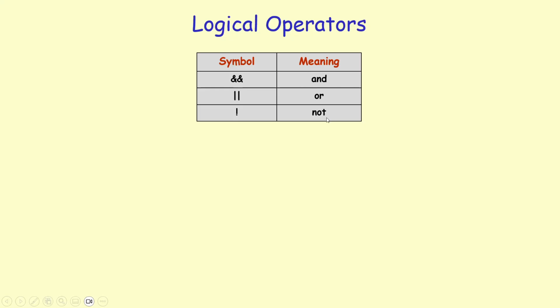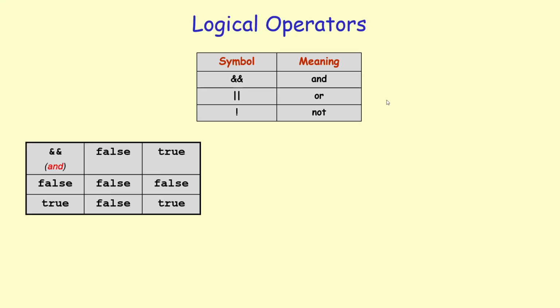Before C++11, these did not exist. You were only able to use ampersand, ampersand to mean logical AND, bar, bar to mean logical OR, and exclamation point to mean logical NOT. But since C++11, you can actually use these keywords to mean the same thing. And for those of you who are Python programmers, you would know that Python actually uses these keywords and, or, and not to mean these logical operators. So basically C++ added what was already part of Python into the language.